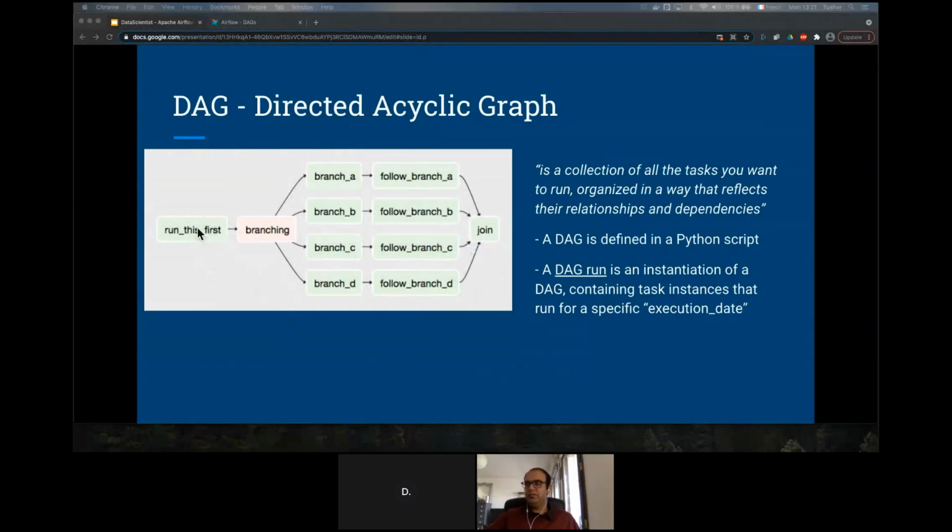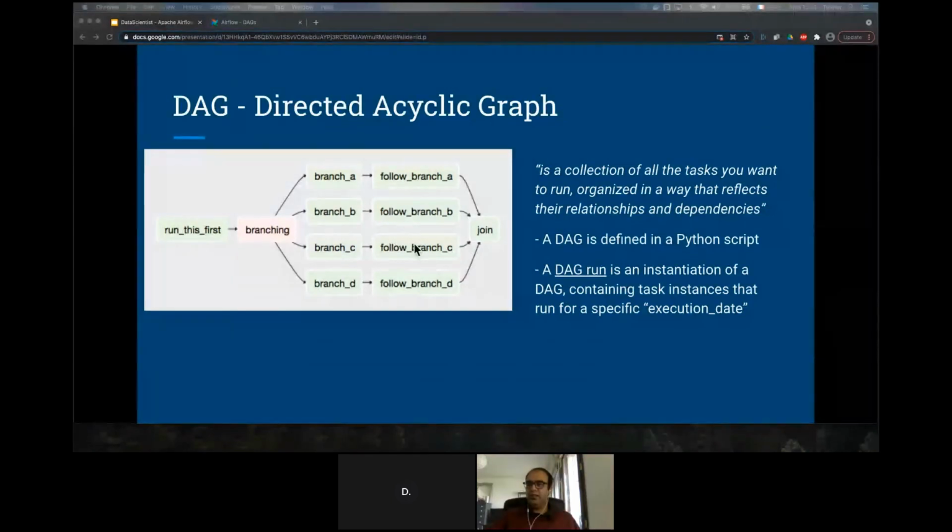So for example, there is this task running, then there will be a branch, and then there will be other tasks running. If we take the definition of a DAG, it is a collection of all the tasks which you want to run, organized in a way that you can create dependencies which reflect the relationships. So for example, this task will never run before all these tasks have run. And a DAG is defined in a Python script.